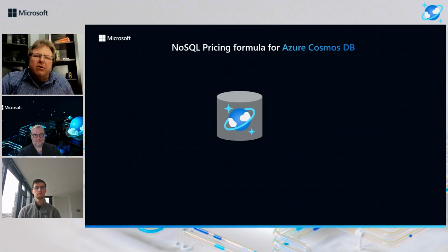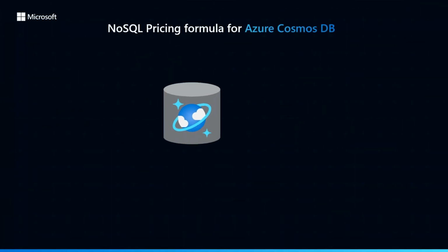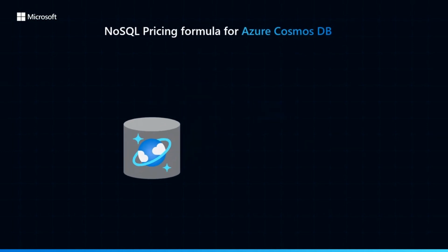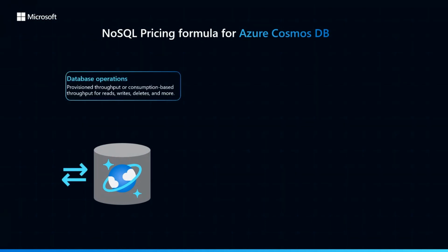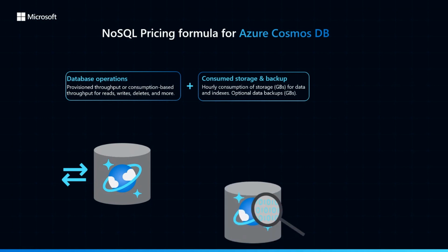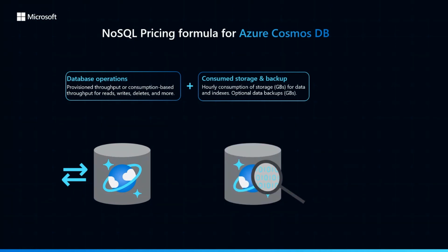A Cosmos DB account contains multiple databases and containers. The bill for the account is the sum of the cost of all of the databases and containers within it. The simplest way to think about the cost of a Cosmos DB account at the next level is that it is made up of database operations, which we'll drill into in some detail shortly, and the storage cost, billed on an hourly basis, being the total number of gigabytes used for all of your data, the JSON documents you stored in your database, the space used by the indexes to index them, and the storage used to back these up.